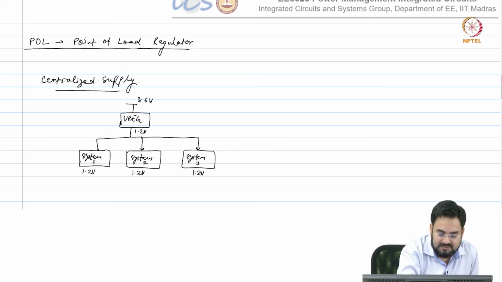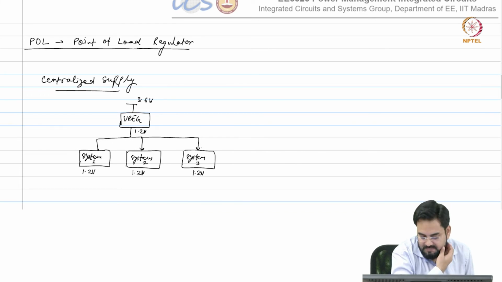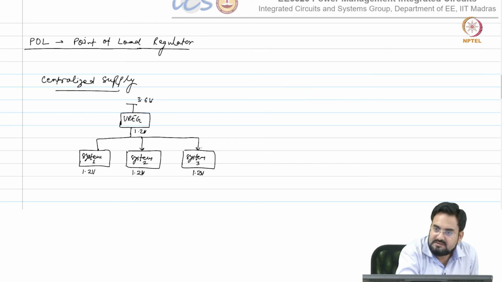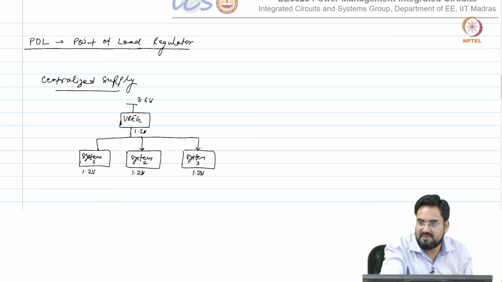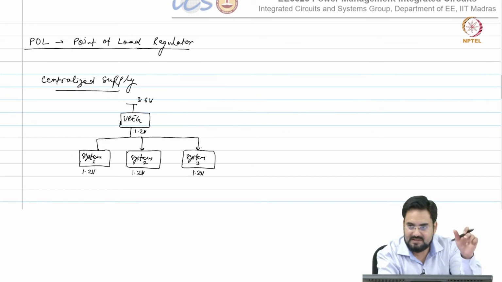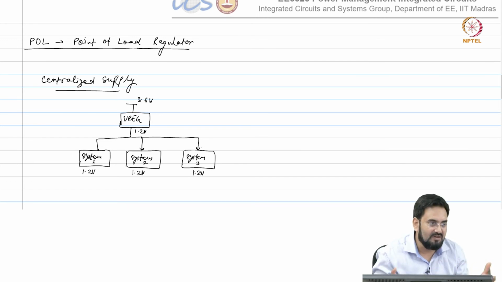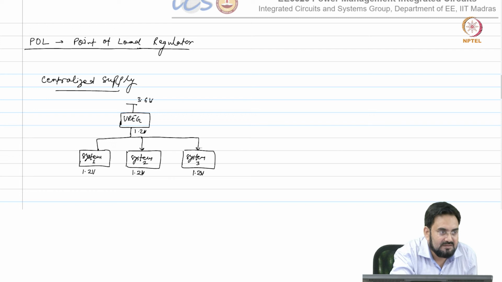So, now can we take the remote feedback in this case? Because these are distributed systems, you do not know which one you take, and the other might be at some different location. So, the trace resistance of all 3 will be different, correct.